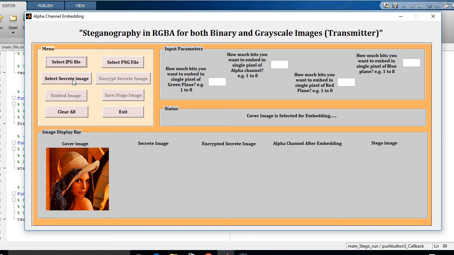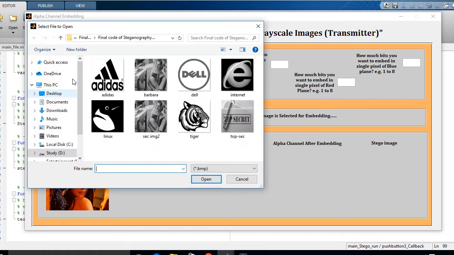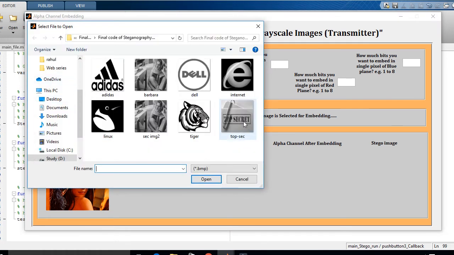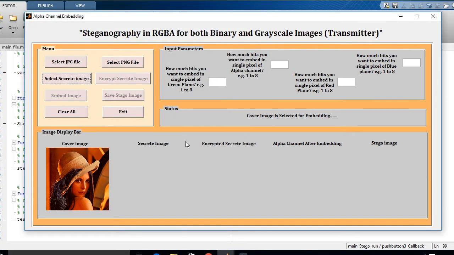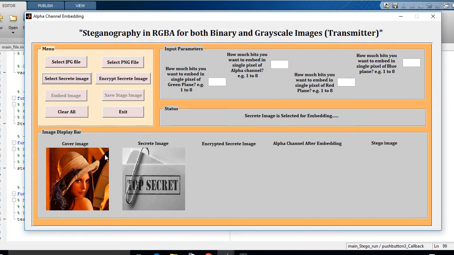Yes. Now you have to select a secret image as well. So just click on this button and just select one secret image from input database. So I'm going to select this image as a secret image. Just click on open. That image will display over this axis. Now just click on encrypt secret image. So this process will encrypt this secret image with the help of AES encryption algorithm, and that output will display